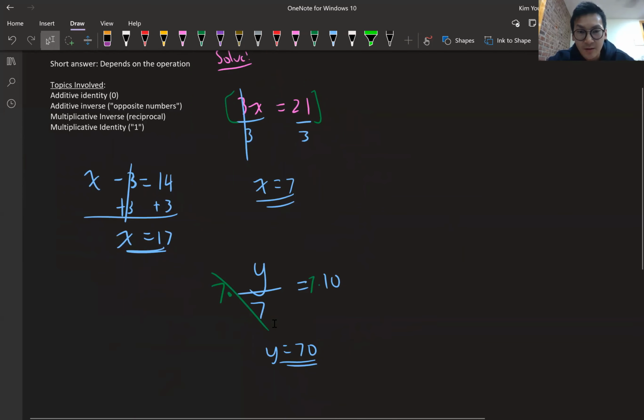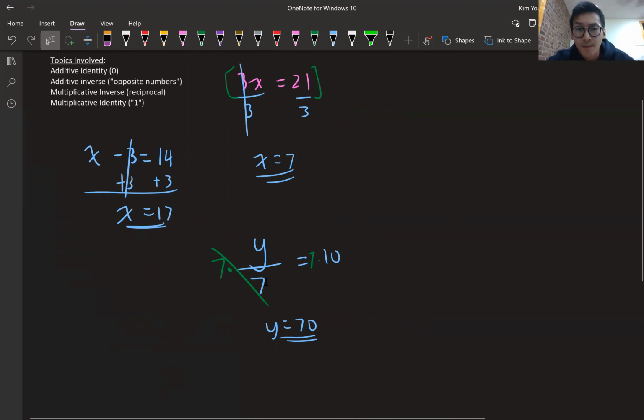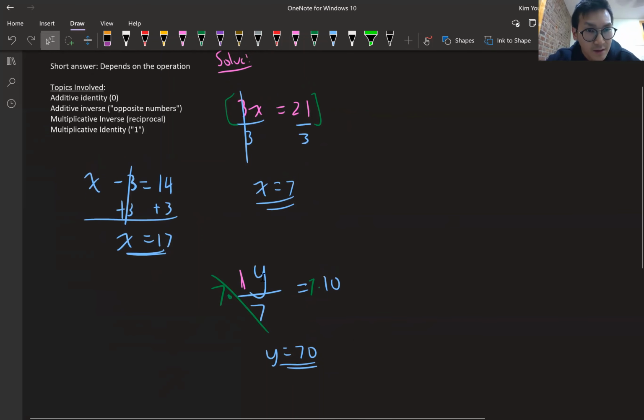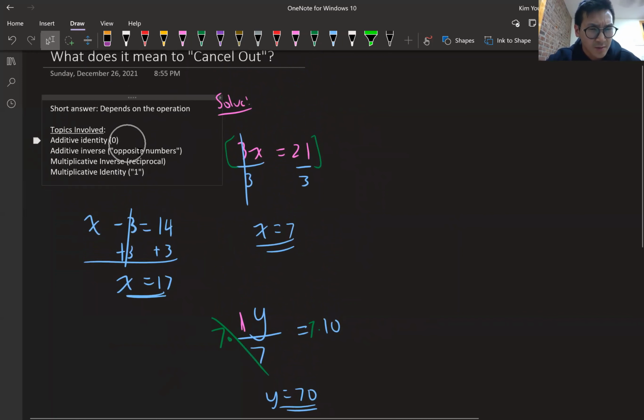Same thing in the final example: if I said y over 7 is equal to 10, and to solve this equation you multiply by 7, what you're really doing is multiplying by 7 because that's the multiplicative inverse of 1/7. Low key, when you're dividing by 7, you're multiplying by 1/7. Okay, and then also another thing I want to talk about that I didn't mention here,